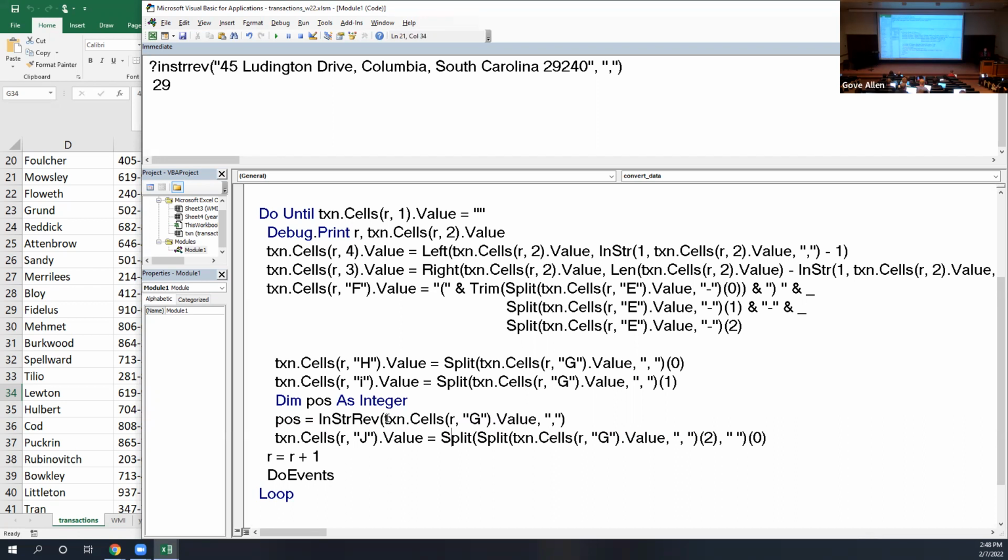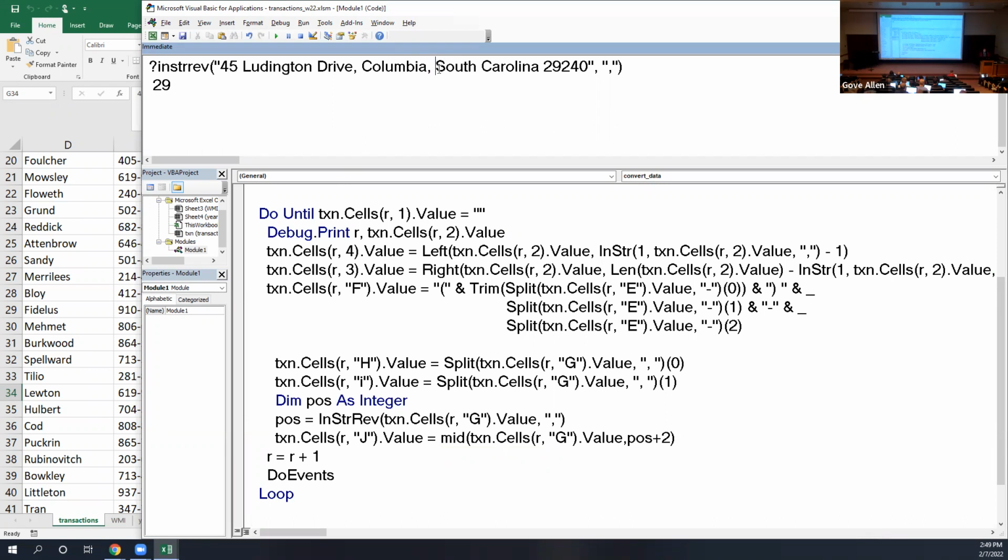Okay, so now I'm going to want the Mid of column G, starting at my position plus 2. Again, it will have found that here, and I don't want the comma, I don't want the space, so I'm going to add 1 to get past those. And that should then,